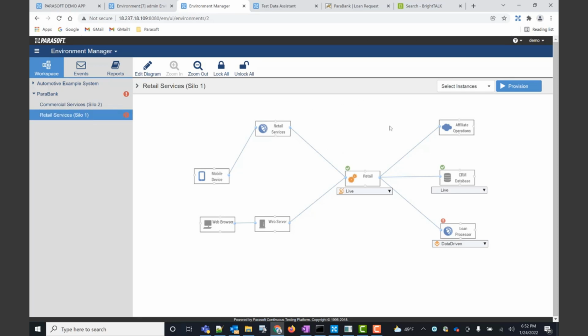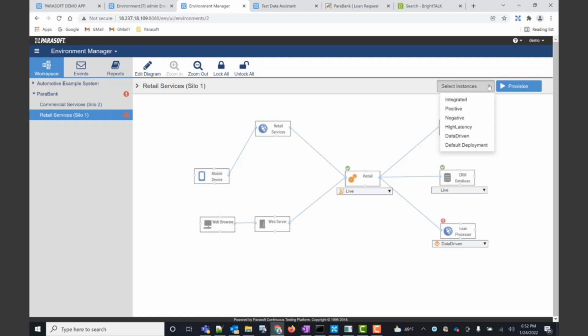Now, I can drop down this select instances field and we can see some of those environment instances like the ones we defined in the last part of our demo. These particularly are set up to configure specific behaviors from our loan processor. For instance, we have positive, which means any request for a loan sent to the loan processor will return a positive, loan approved.